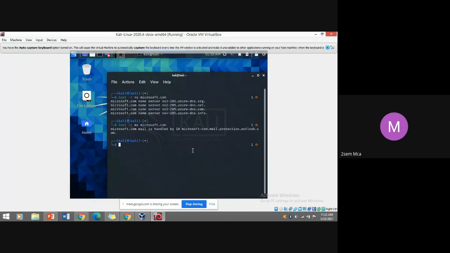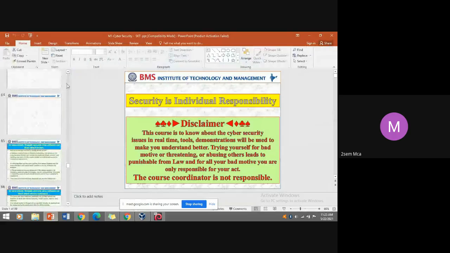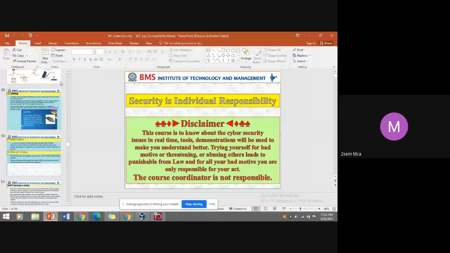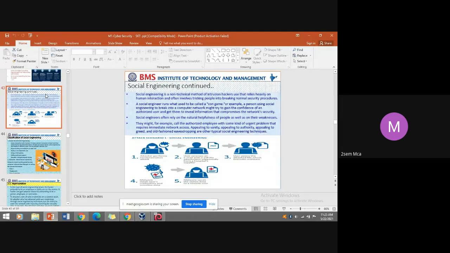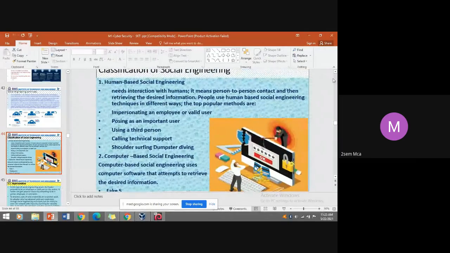Yesterday, in the previous class, we saw the social engineering life cycle and what social engineering is. Today we are going to understand the different types of classification of social engineering.